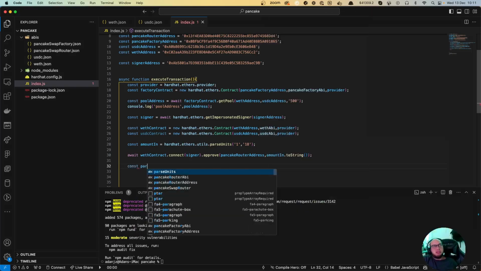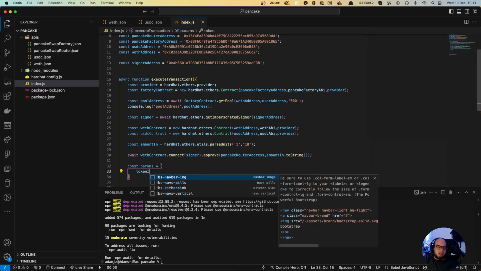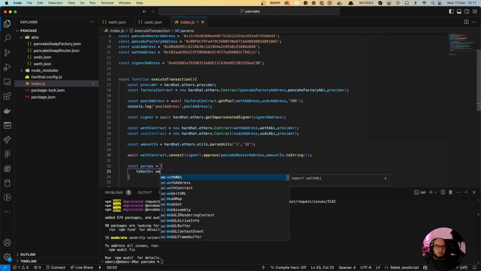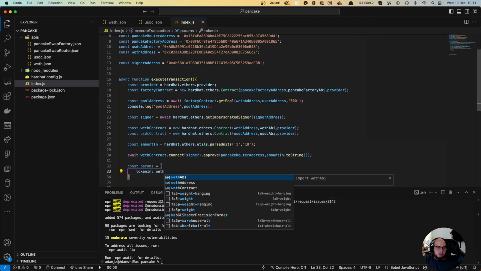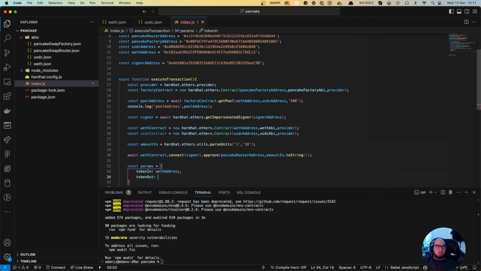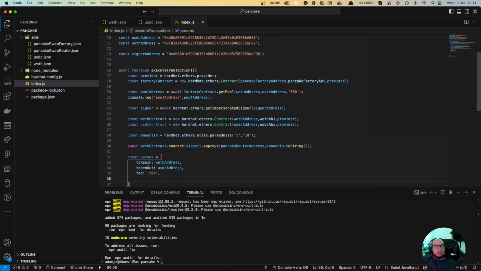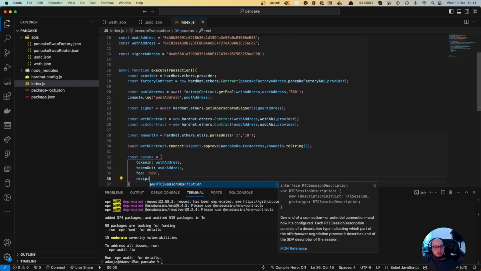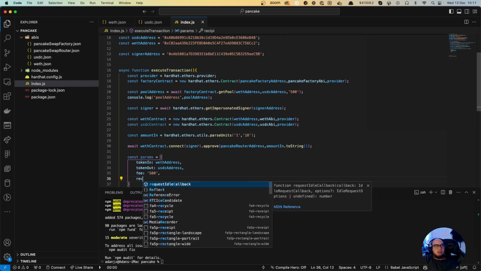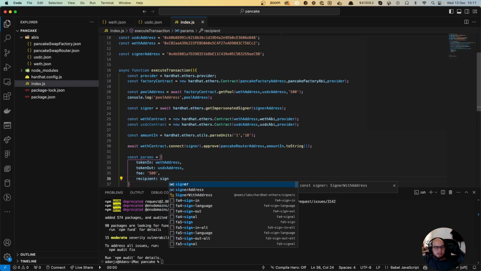So const params, it's gonna be the token in, which is gonna be the WETH address, the token out, it's gonna be the USDC address, the fee, we're gonna paste 100, the recipient is gonna be the signer address,